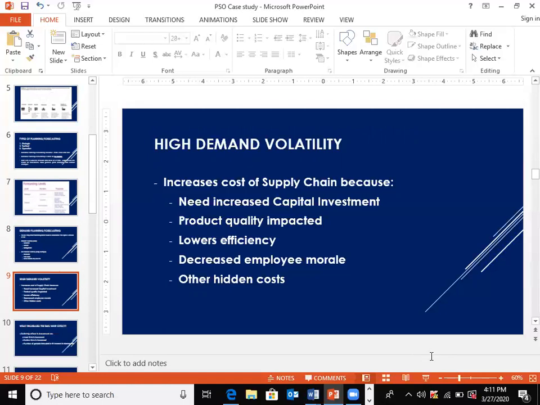Okay, now let's talk about high demand volatility and what is the really bad thing about when you have a lot of volatility across the supply chain. And I started talking a little bit about this when I said that you're stuck with a whole lot of inventory in your supply chain. But let's look a little bit deeper. So when there is a bullwhip effect, and when there is a huge shift in inventory along the supply chain, what happens is that there is an increased need for capital investment. So, for example,